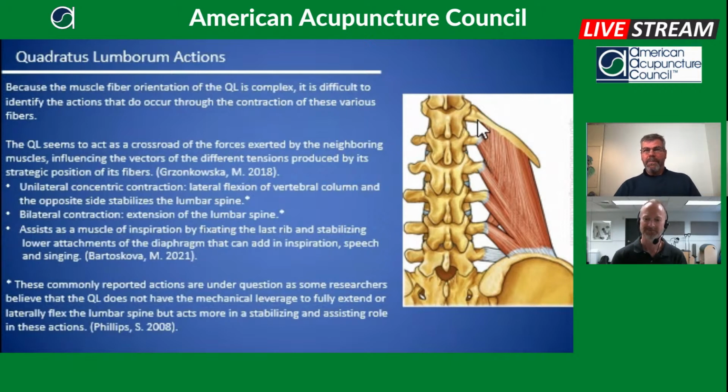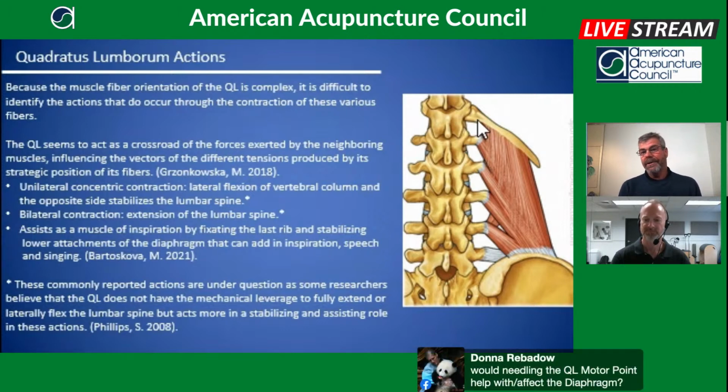Yeah, the QL being more of a postural muscle. For example, in single leg weight bearing, in order to have the stability of the lumbar spine, the lateral sling comes into play. You've got the glute medius and minimus and the tensor fascia lata on one side, and the quadratus lumborum on the opposite side, with that sling keeping the balance in the frontal plane when somebody is standing on one leg, and how important that actually is.